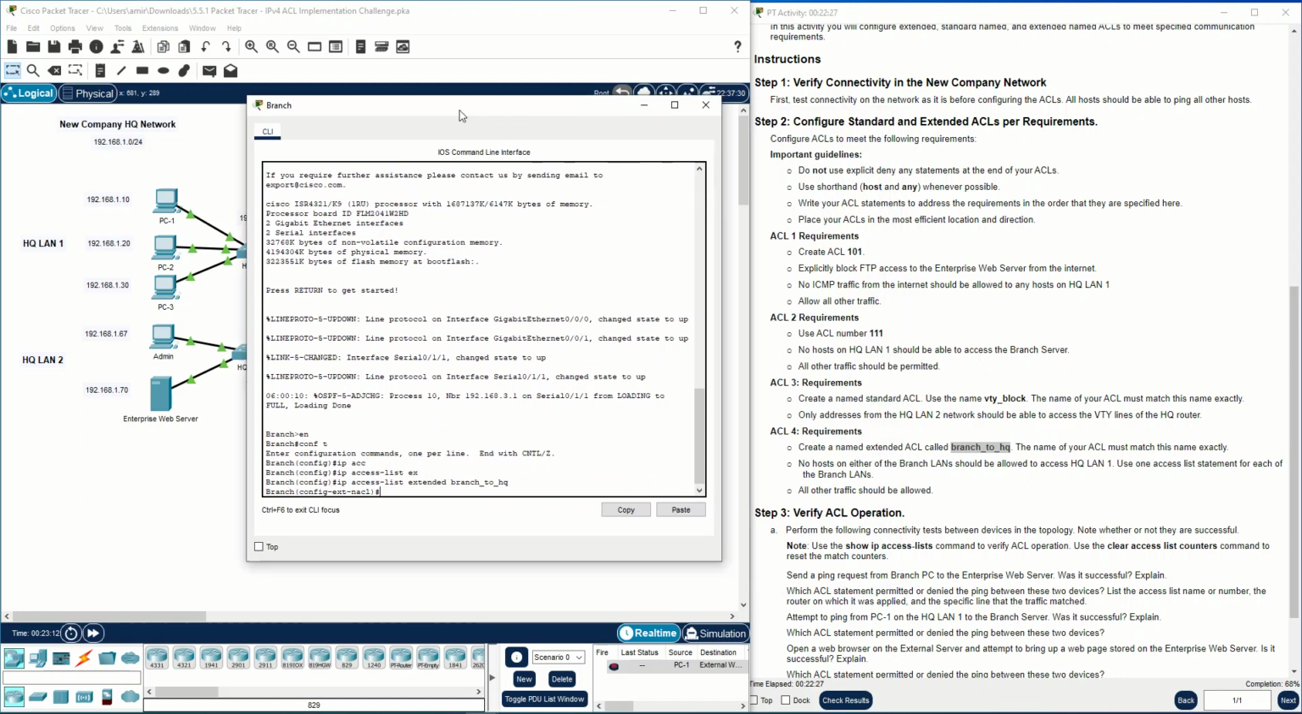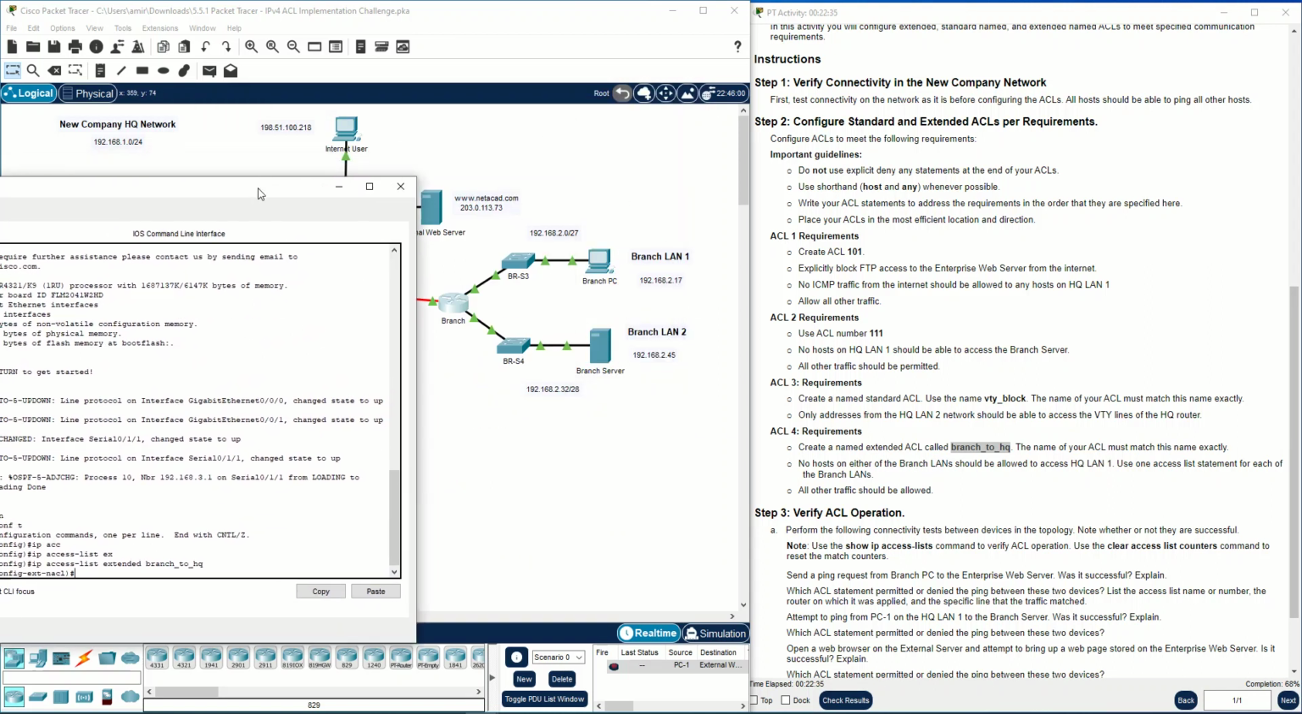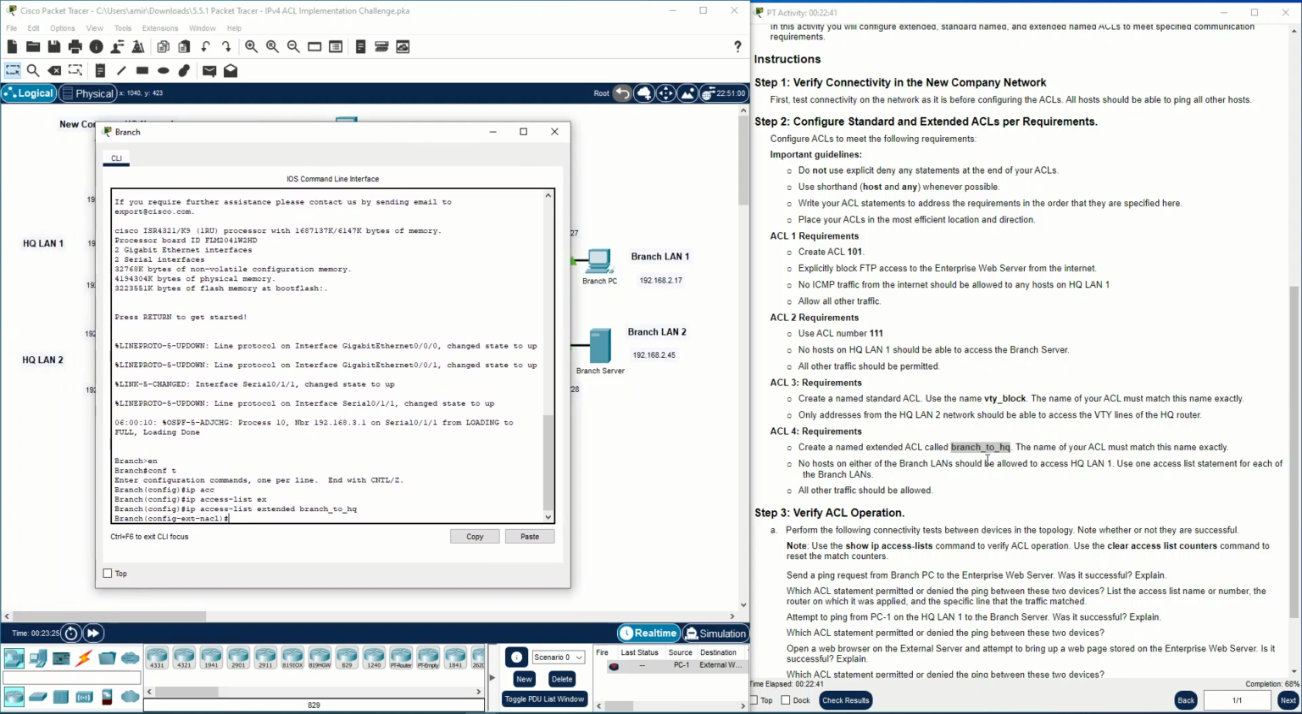And what is the instruction here? No host on either of the branch LANs should be allowed to access HQ LAN 1. This is branch LANs. In this situation, you should use the branch router. Use one access list statement for each of the branch LANs, because we have two branch LANs here, branch LAN 1 and branch LAN 2, and in this situation you should use one access list statement for each of the branch LANs. Okay, it should be deny IP,